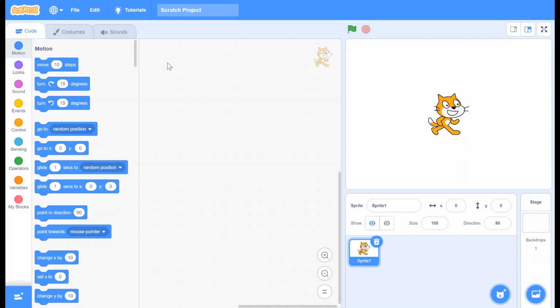Today we are going to see how to create a mini game in Scratch. The name of the mini game is Bell Burst. From the name you can understand which sprite we are going to use. We are going to use the bells. Now let's go to choose a sprite and grab some bells.